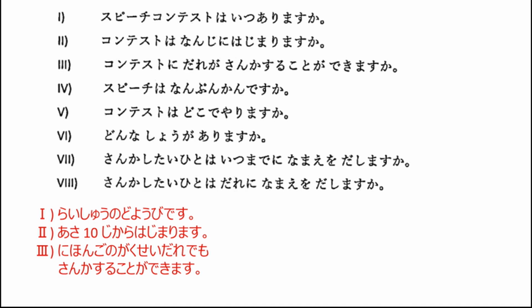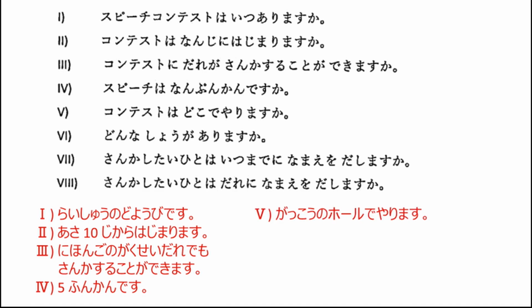The fourth question is, スピーチは何分間ですか？ Since the time allotted is 5 minutes, the answer will be 5分間です。The fifth question is, コンテストはどこでやりますか？ Since it will be conducted in the school hall, the answer will be 学校のホールでやります。The sixth question is, どんな賞がありますか？ Since the student who will get the first prize will go to Japan, the answer will be 一番の学生は日本へ行きます。